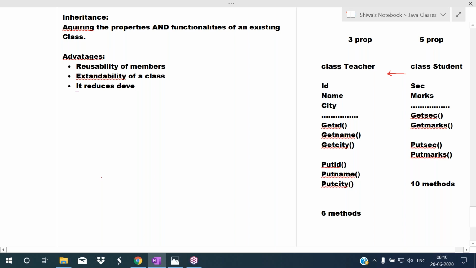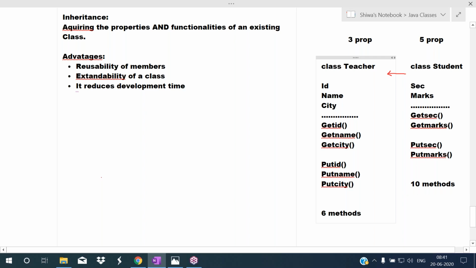So here reusability is there, as well as extendability, and automatically it reduces the development time. How does it reduce development time? Because we are not defining the id, name, city properties again in the class student. Again we are not defining all these 6 methods here. In this example, 3 properties are there. But if a class has 50 properties and 100 methods, all those 50 properties and 100 methods we are not redefining in the new class.